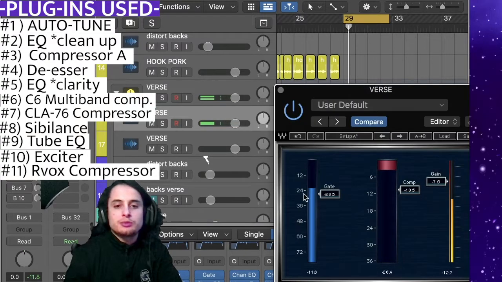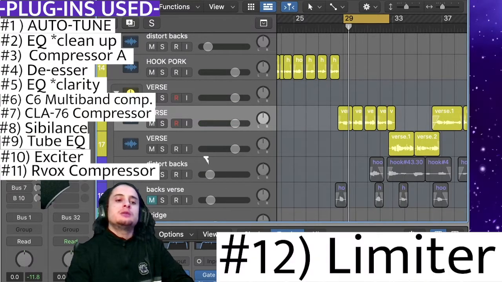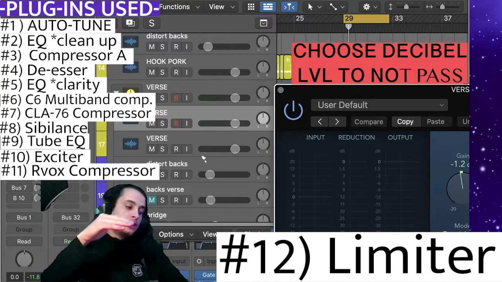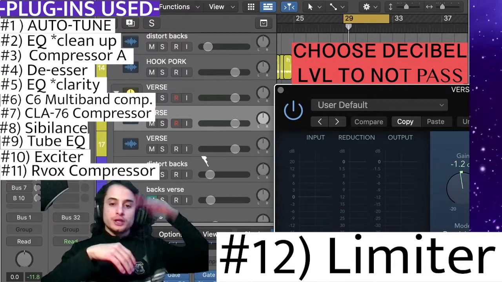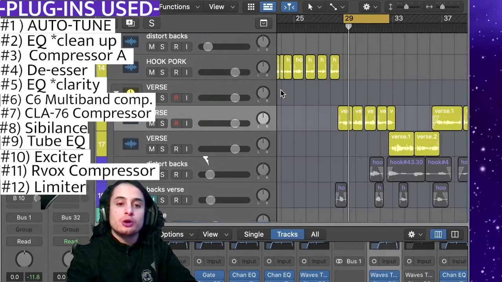So I'm actually going to turn that compressor up just a little more. And then I'm putting on this limiter to make sure it doesn't pass this one point, and then once it doesn't, you can control the output. Kind of like a compressor, but it's just a wall. All right, from there,